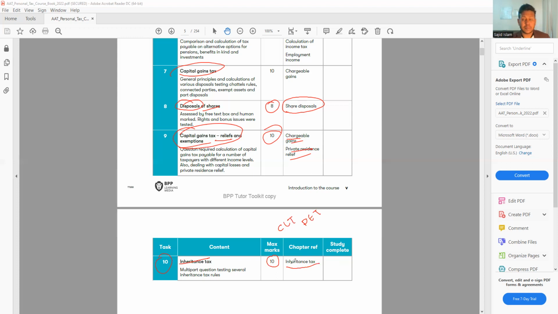Now, the personal tax paper could be really, really straightforward if you know all the rules. And it could be very tricky if you don't remember the rules, because either you get full marks or you lose all the marks for this paper. So my advice is, when you revise every single chapter, make sure you make a note from each chapter and write down all the rules. For example, on your paper, you write chapter number 1, your income tax calculation.